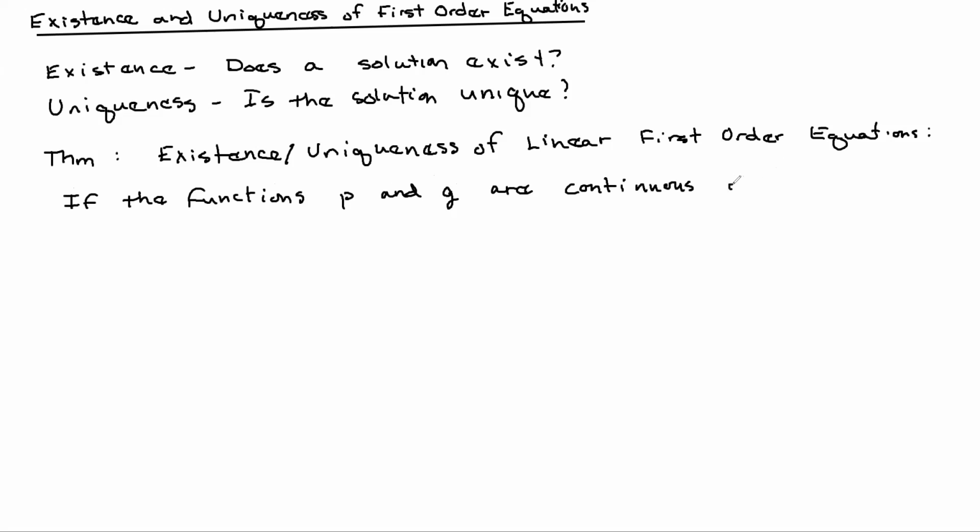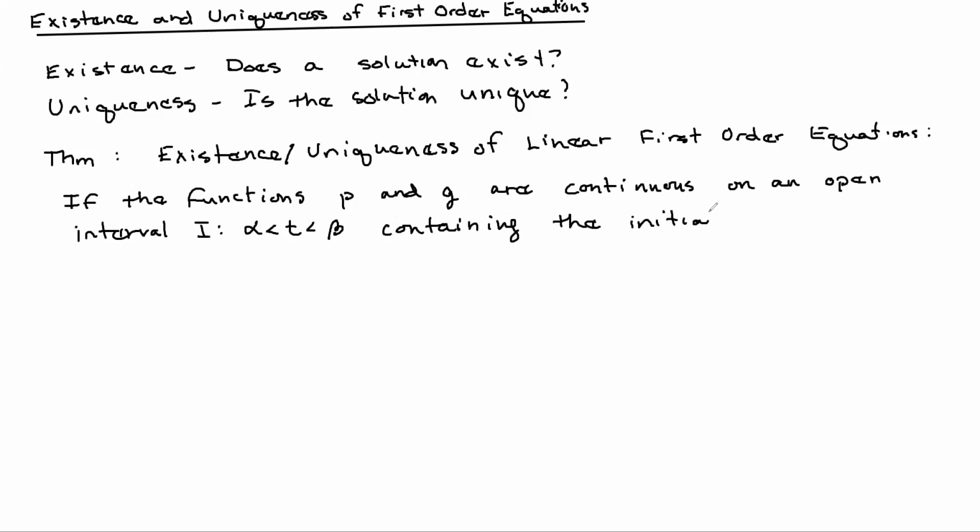on an open interval I, which is defined to be alpha less than t less than beta, containing the initial condition, the initial point, t equals t naught, then there exists a unique solution